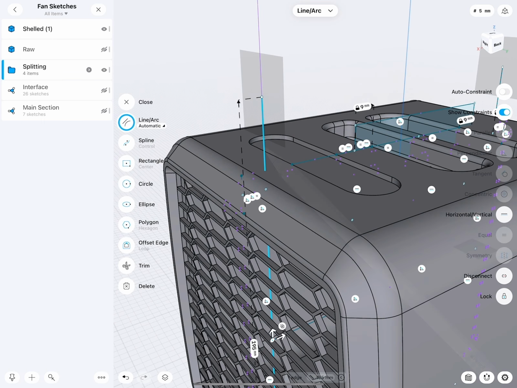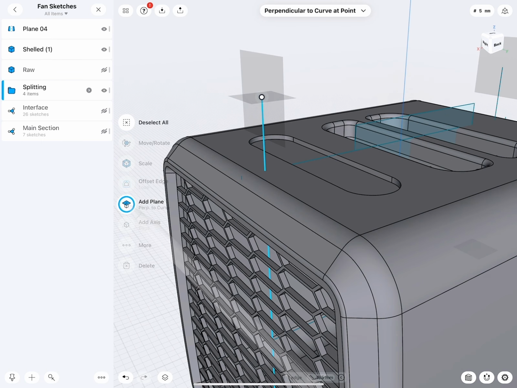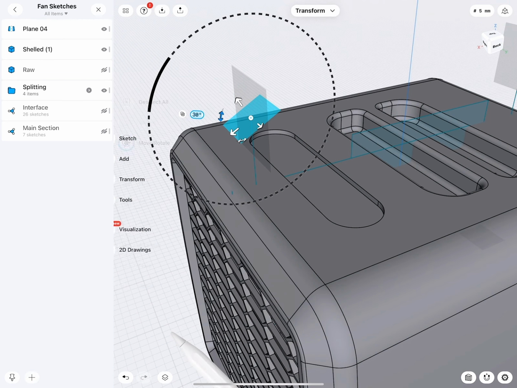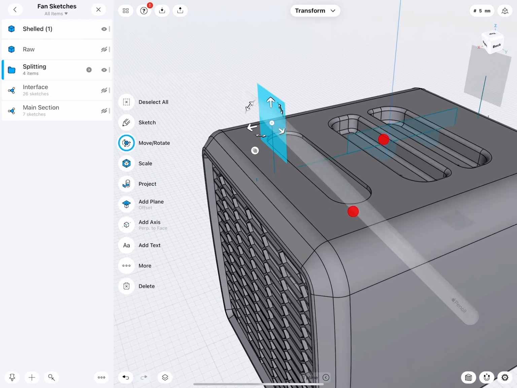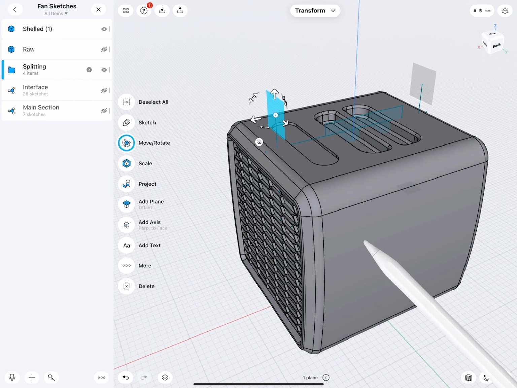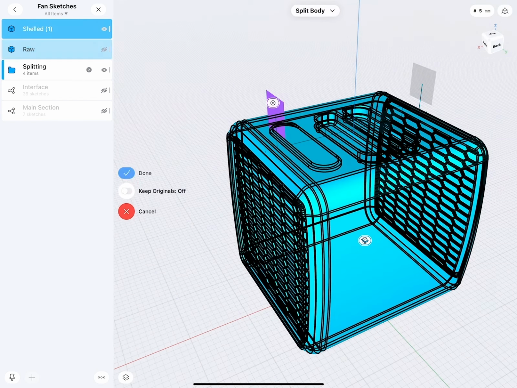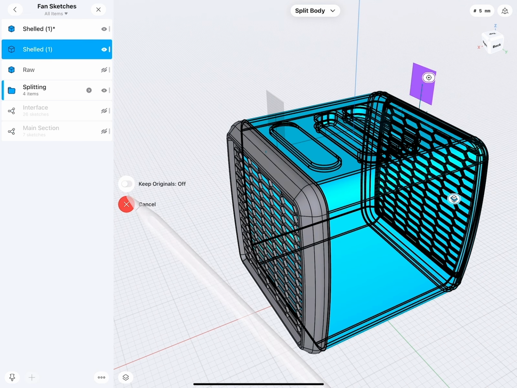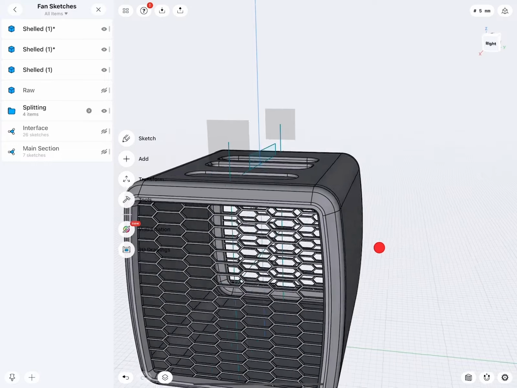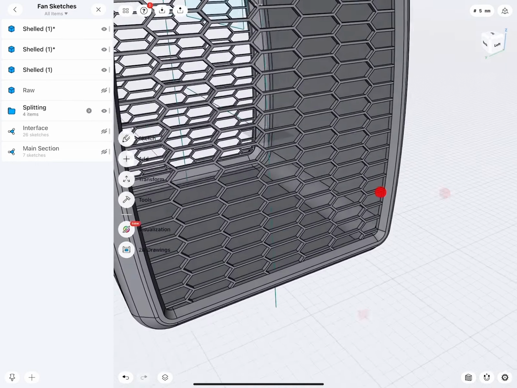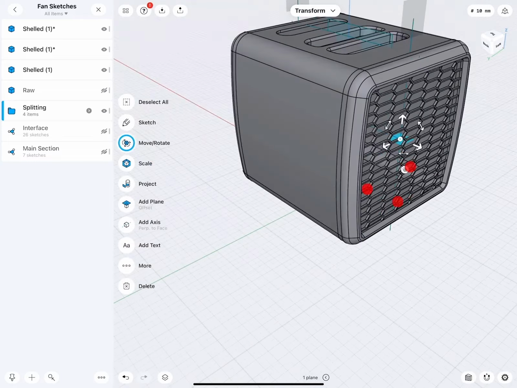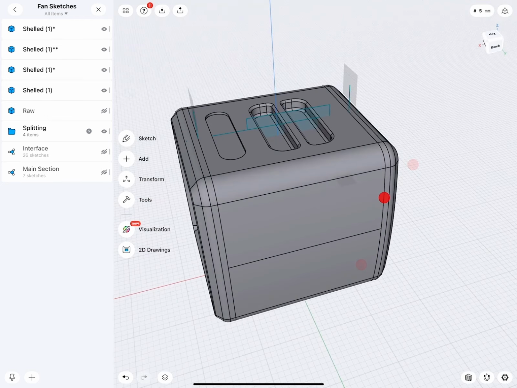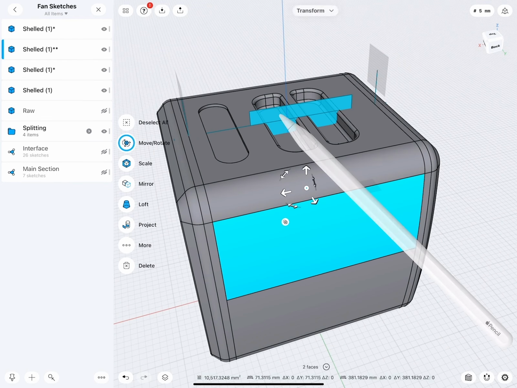And then when you select a line and stop it, we can add a plane. And all we need to do is rotate the plane 90 degrees. And this is the way how I created these planes. Now with this plane selected and a body, we can split it. You see, and this is actually super easy. And this other plane is there. And then we select the center, split. Beautiful.